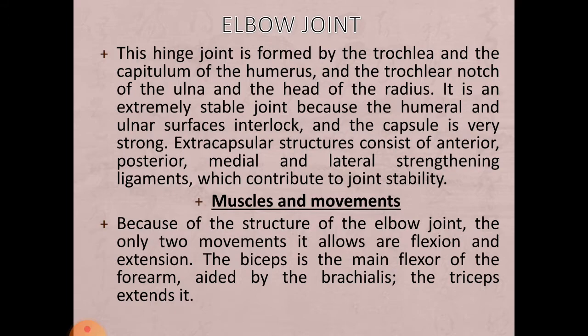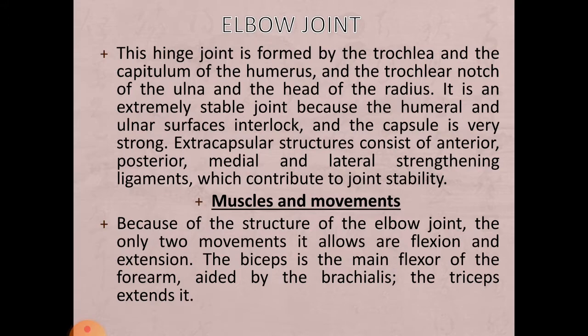The biceps is the main flexor of the forearm, and the biceps is the muscle of the anterior compartment of the arm, and the action of the biceps will be aided by the brachialis muscle, and the triceps is the main extensor of the elbow joint,